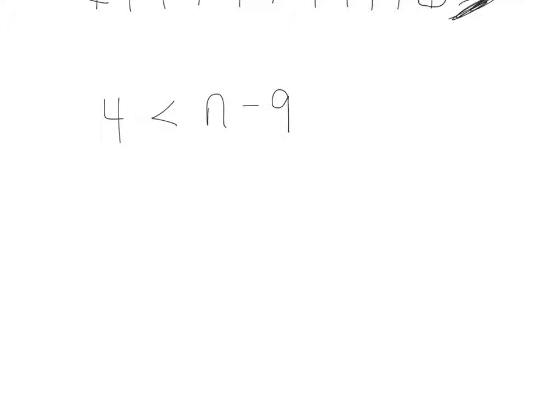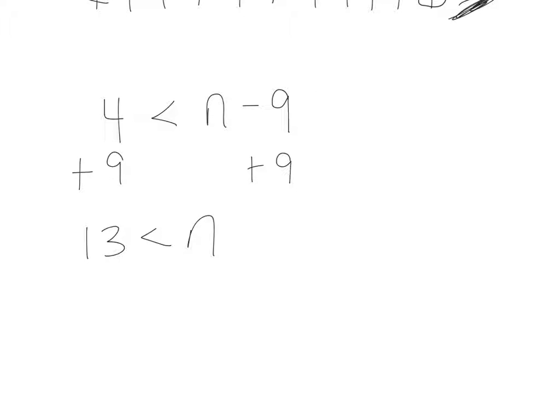So we have 4 is less than some number minus 9. Again, we're going to solve this inequality by balancing the inequality using this addition property. So we're going to add 9 to both sides to isolate that variable, which is going to give us 13 is less than n. Now, this is totally fine to leave your answer like this,